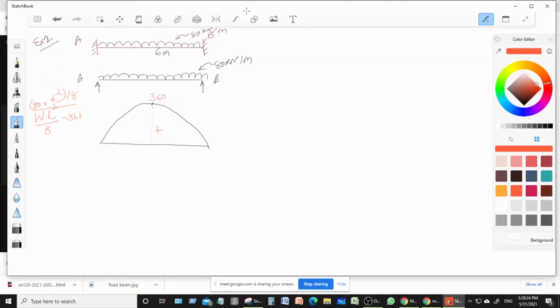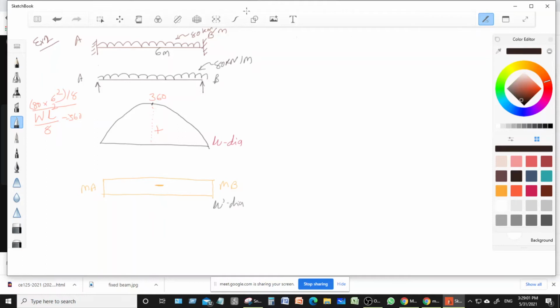So this is what is called the mu diagram. Now we are going to prepare the mu dash diagram. Simply, at support A you have, suppose, MA, that is the moment, and at support B suppose you have the moment MB, and it is -1. So that is what is called the mu dash diagram.